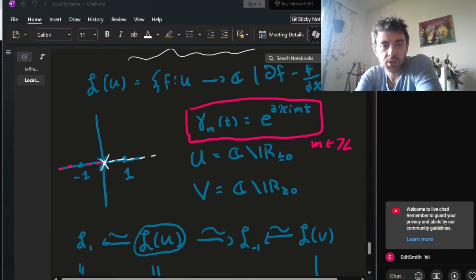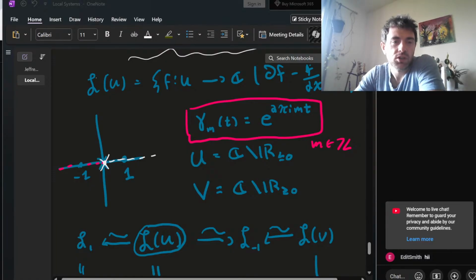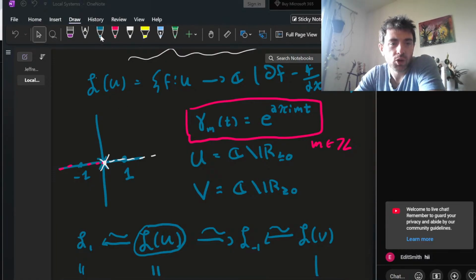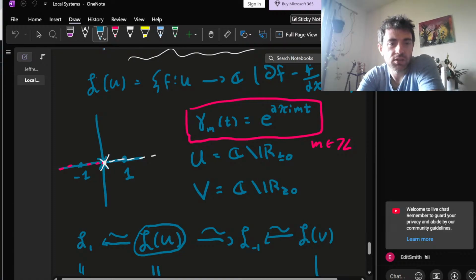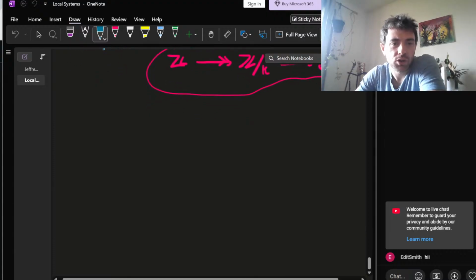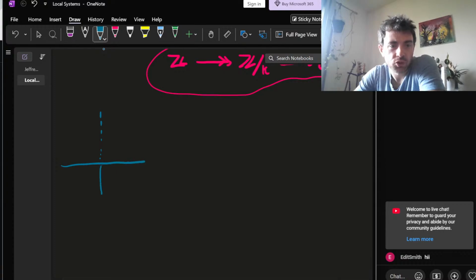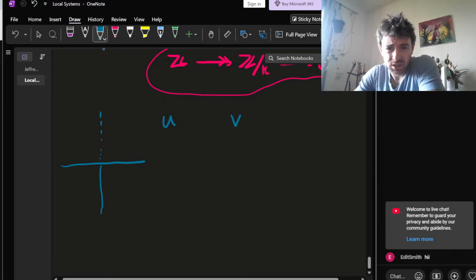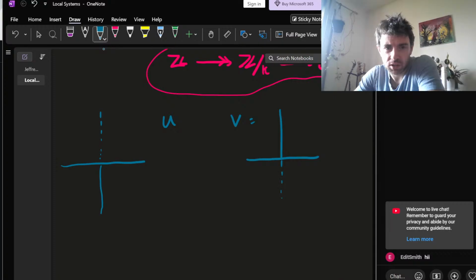So, actually, I want to pick different open sets than the ones I said, because I want a loop at 1. So, I think the open sets I'll take are this one. So, everything except for the dotted line. This is U. And then V will be everything except for the other dotted line. And we want to see in order to see what